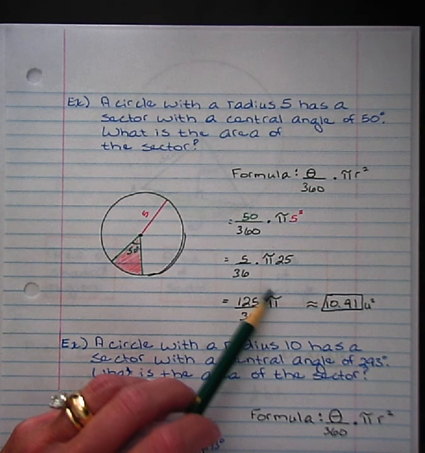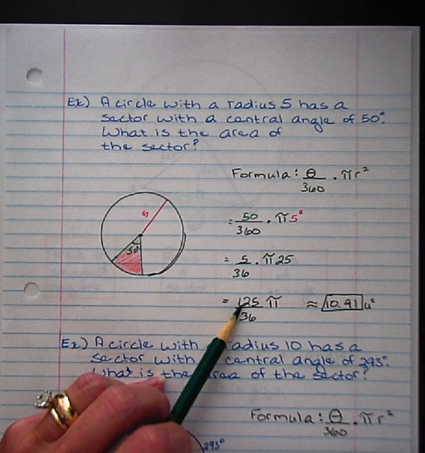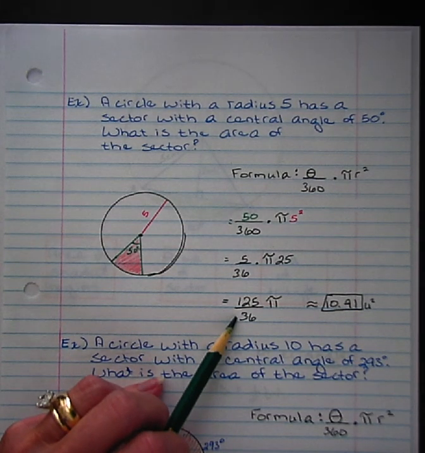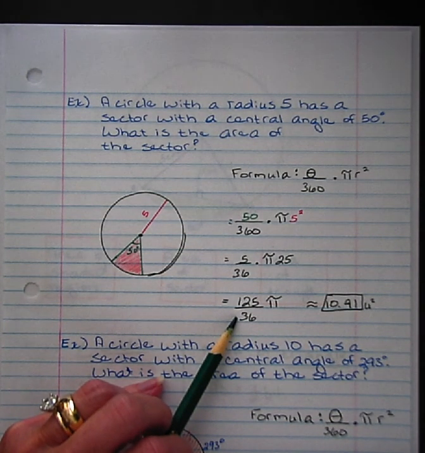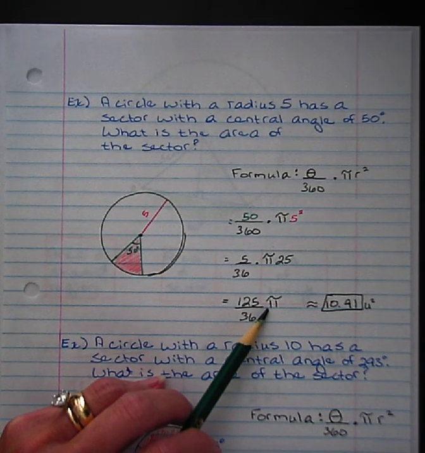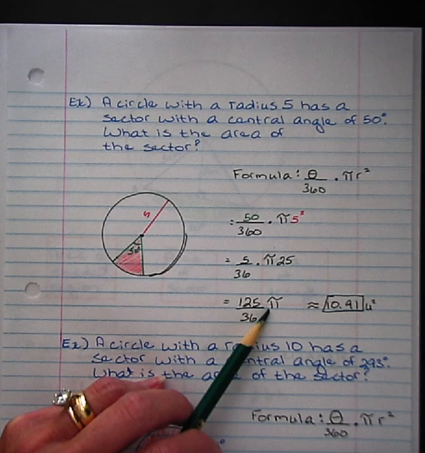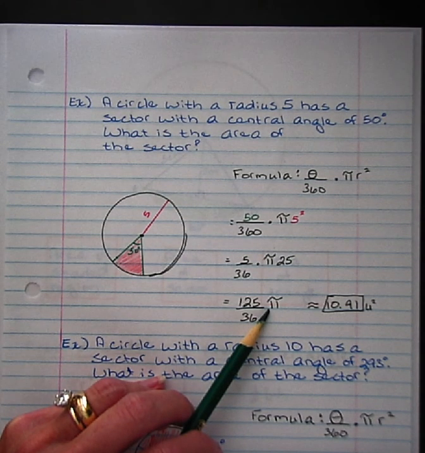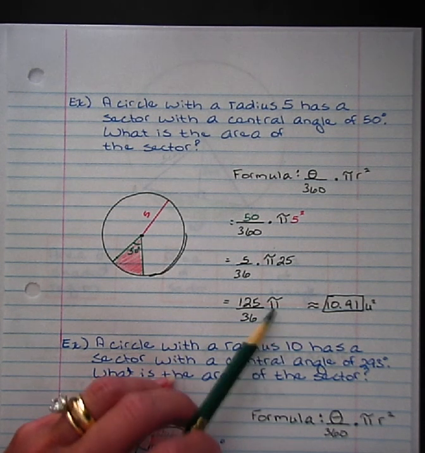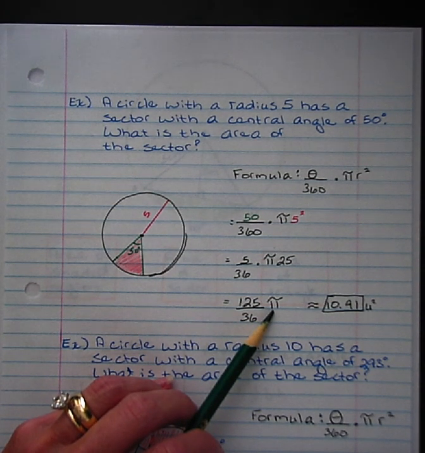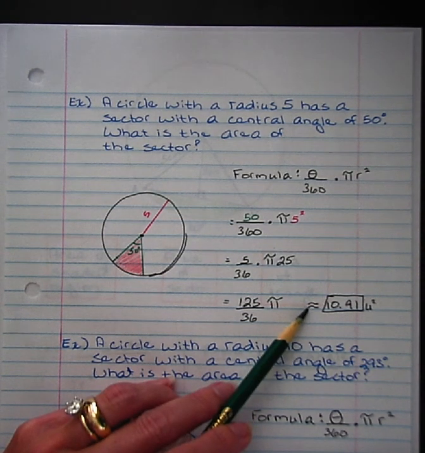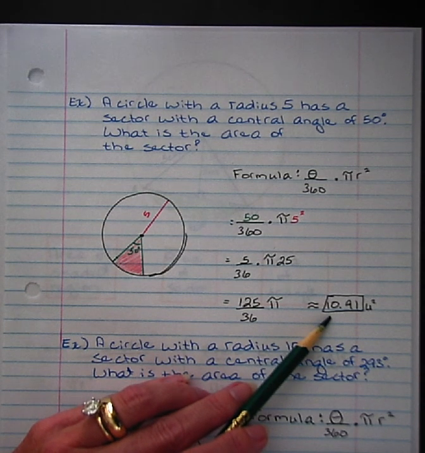At this point, I would go ahead and put this in my calculator. Make sure that you put in 125 divided by 36, hit the enter button, and then multiply it by pi. For the most accurate answer, use the pi button, don't use 3.14. That's going to be a little bit more rounded, so for the most accurate answer, I would use the pi button on my calculator. Anytime you use pi, remember pi is an irrational number and it goes on and on forever. So your answer is going to have to be rounded, which means it's an approximation. So you get approximately